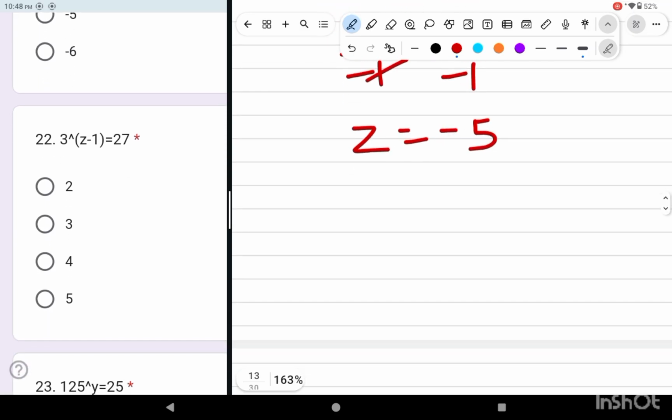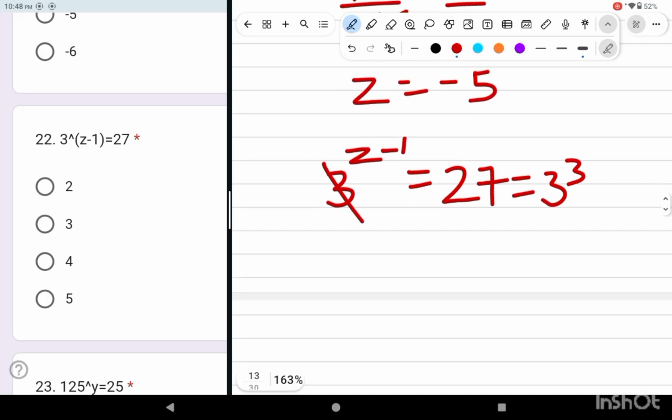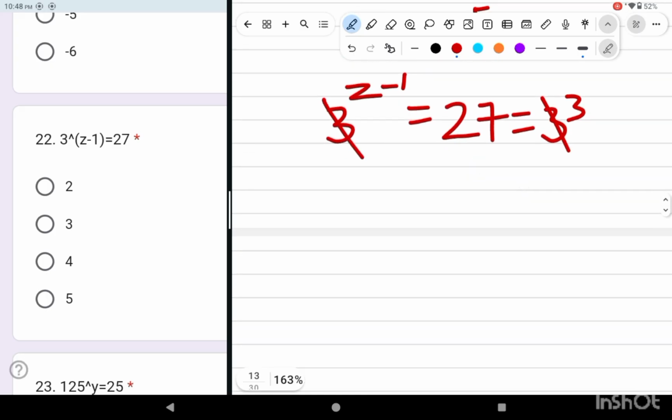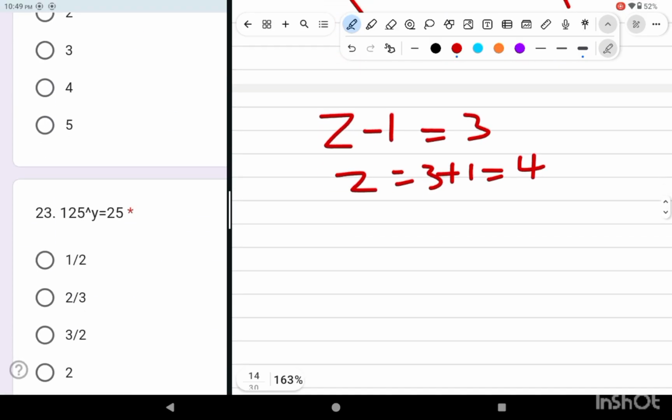Then z equals minus 5. Question 22. 3 raised to power z minus 1 equals 27. 27 is equal to 3 raised to power 3. So cancel out the bases. We have z minus 1 is equal to 3. Take minus 1 to the other side, so z is equal to 4. And the last question,